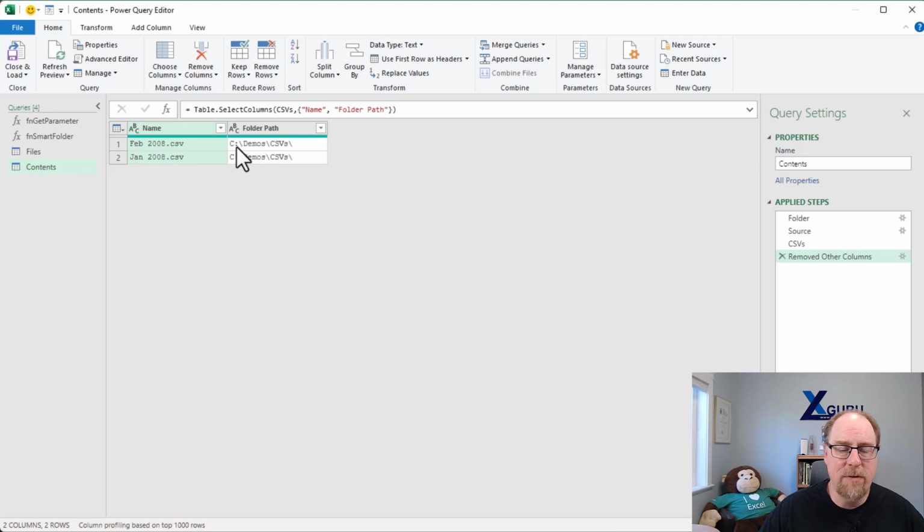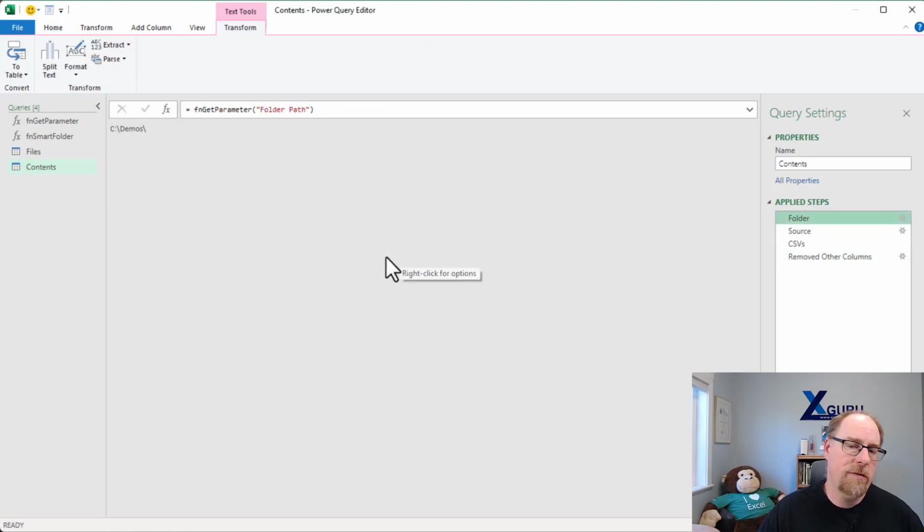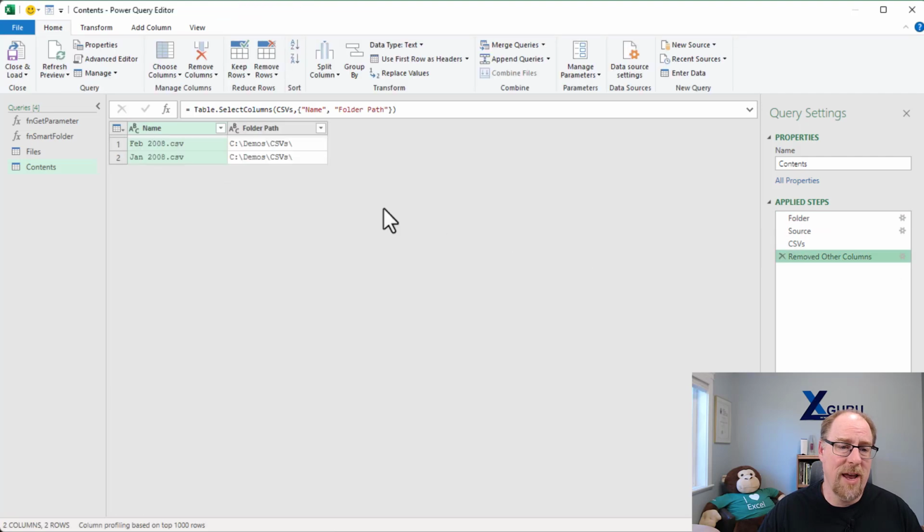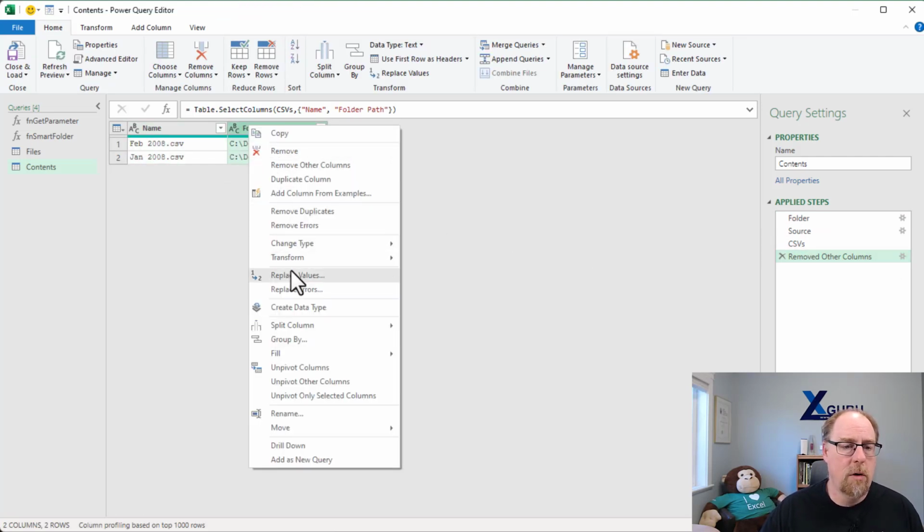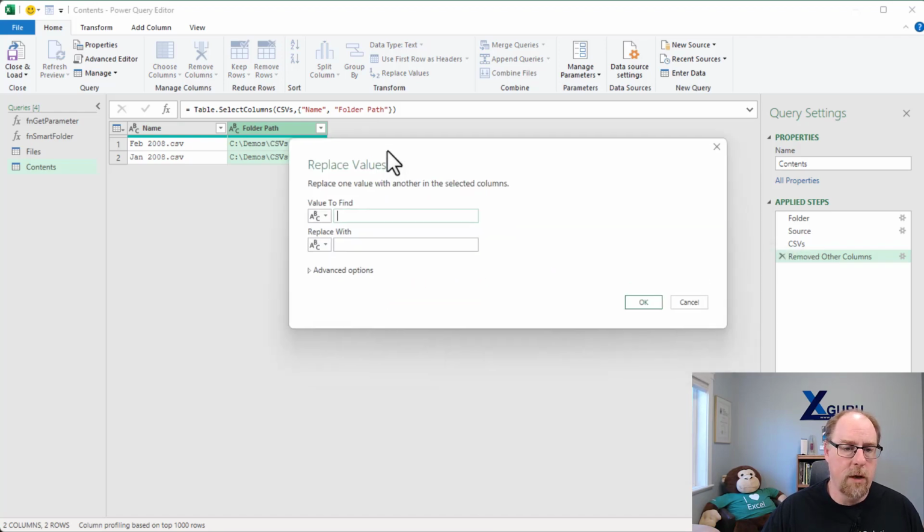Well, it just happens that this text string, when we set up this structure here, we actually give you a step called folder that has the FN get parameter invocation that leads to what that original folder is. So I can actually refer to this to replace it and get rid of it here. And here's how. We'll right click, replace values. I'm going to type in folder, in the value defined,